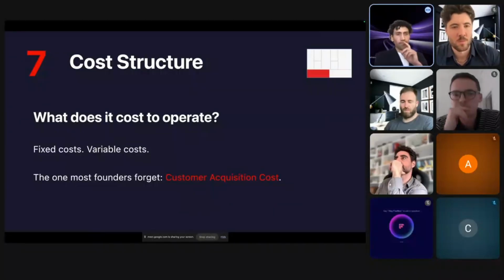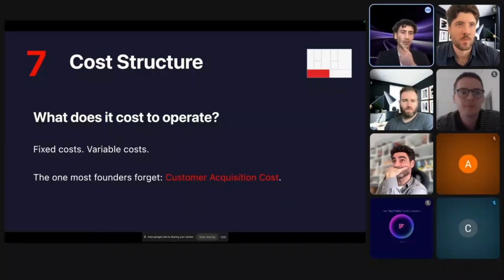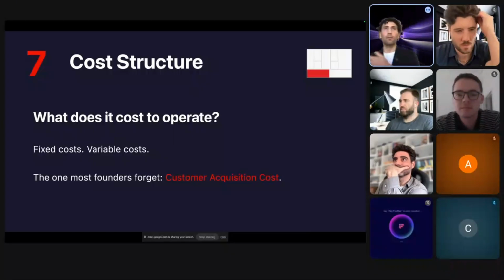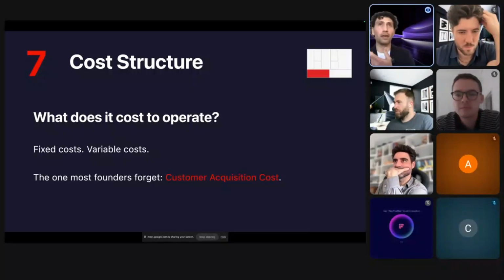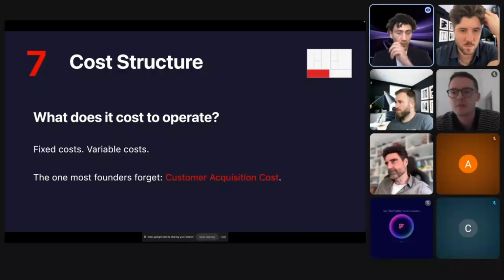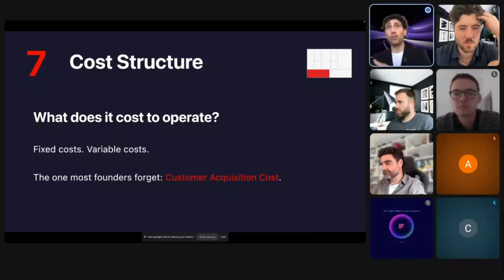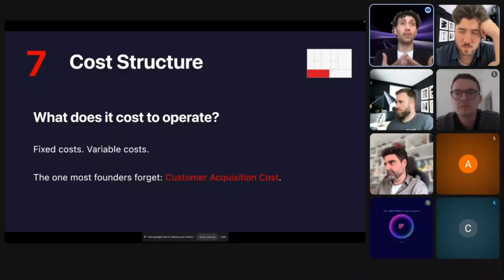Cost structure. These are pretty straightforward, like fixed cost and variable cost. Compute power can be variable if it's scaling with the product, with the outcome; otherwise maybe it's fixed. So labor and so forth, maybe office. And think about the CAC, the customer acquisition cost, basically taking all the marketing and sales expenditures for that